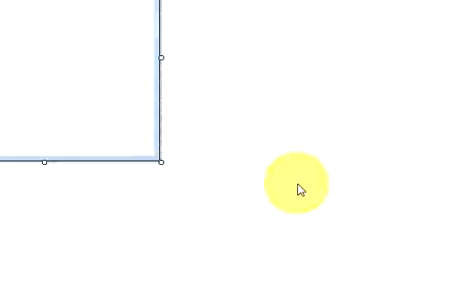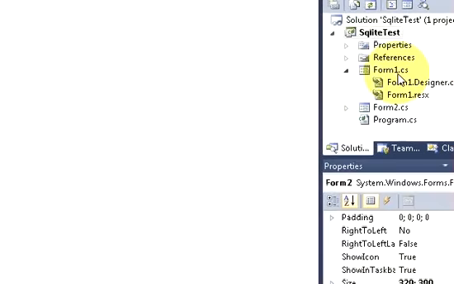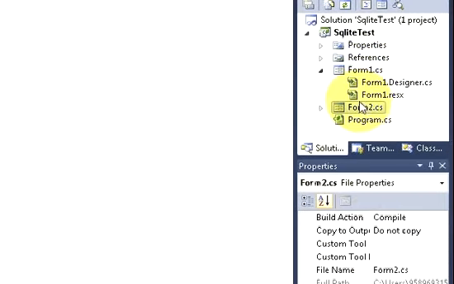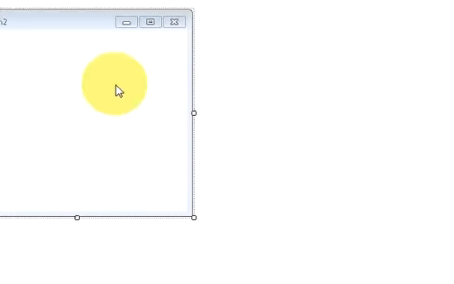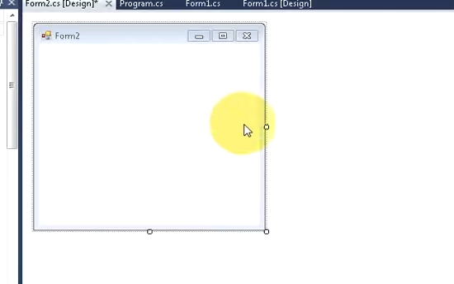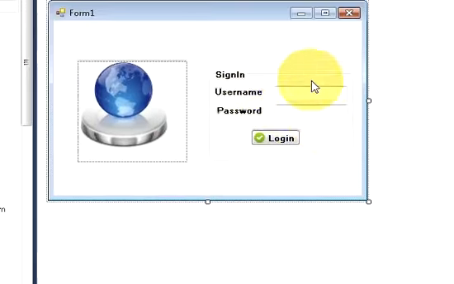In this video I will show you how to pass values between two forms using your C# application. So here I have two forms, Form 1 and Form 2, and I want to pass some value from Form 1 to Form 2. I will show you a simple example first, how to pass the values from one form to the other, and then we will go to our original application which we are